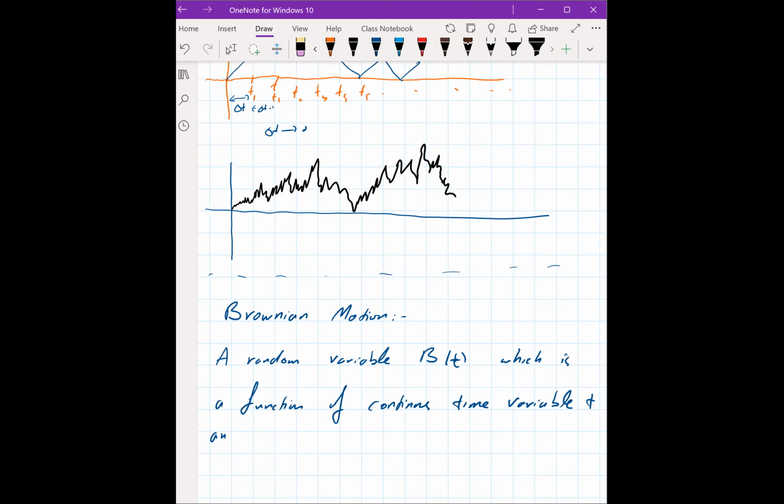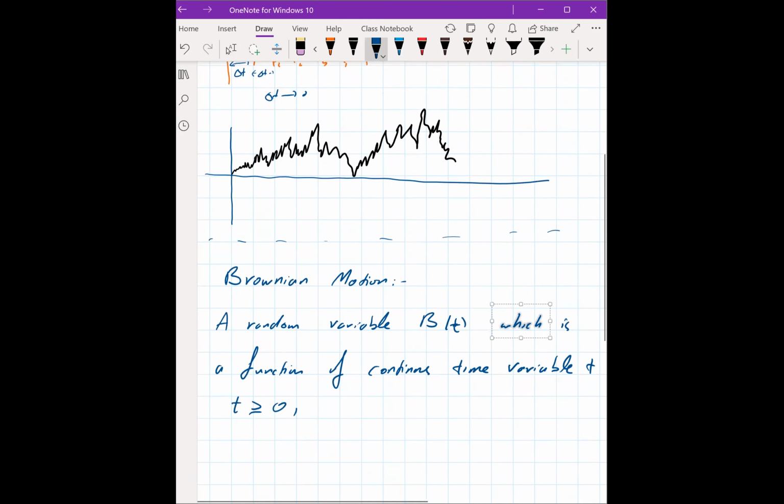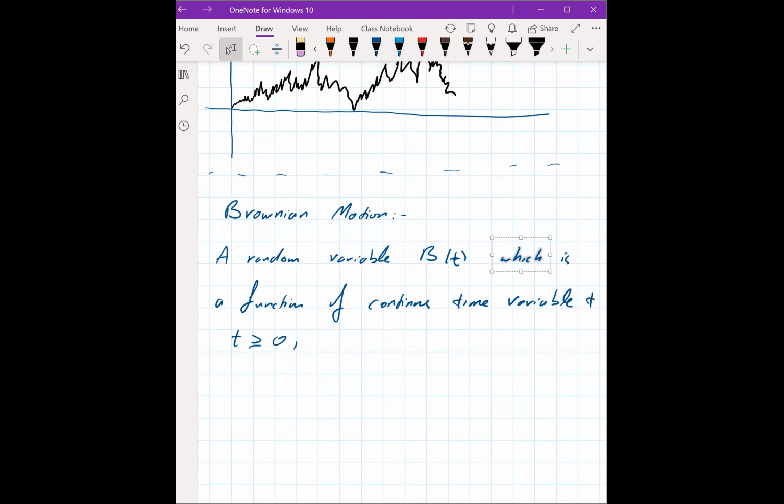Well, this t I should be considering starting from some point. So without loss of generality, we will say that t is bigger than 0 and takes values in